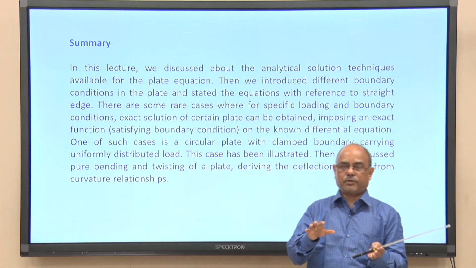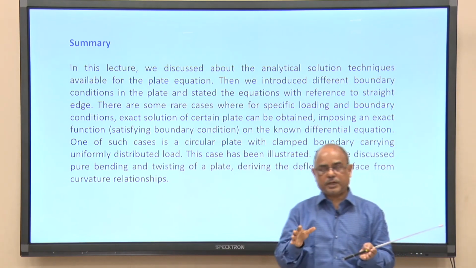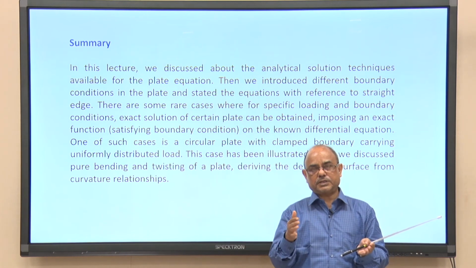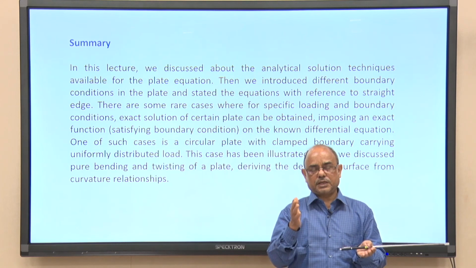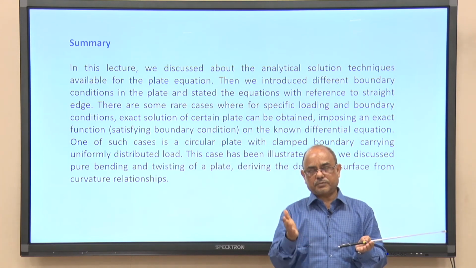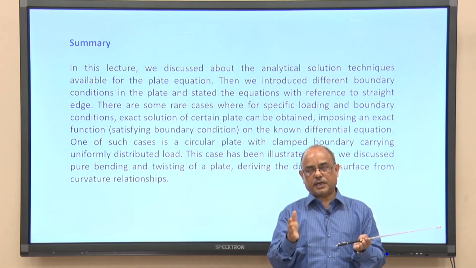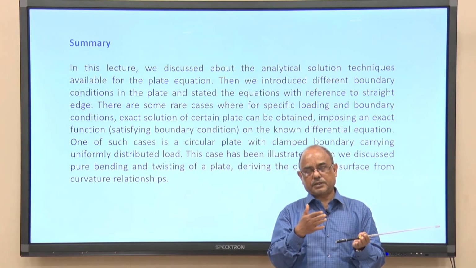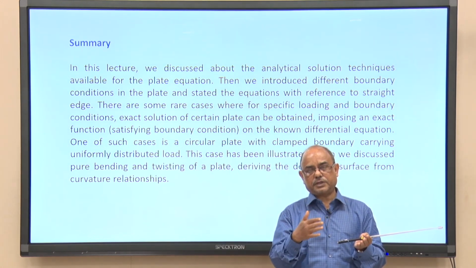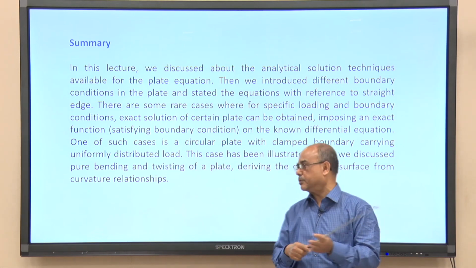Then we have seen that for antisymmetric moment there will be reversal of curvature. So, the 2 terms I have introduced: one is synclastic surface, where the curvature is in the same direction, and anticlastic curvature, where the bending takes place in a reverse way. Okay. So, reversible curvature occurs due to antisymmetrical loading.